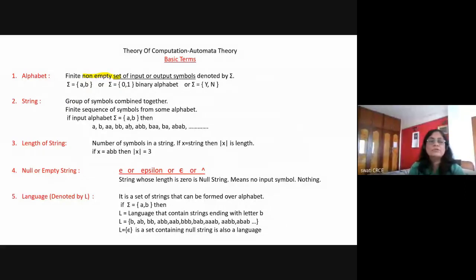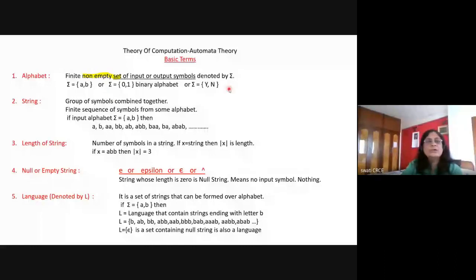Okay. So before starting with the topic of proper DFA, we should have some kind of background or some basic terms which we should know. First we will see the meaning of all these terms, and all these terms I'm going to use again and again. So it is very important for you to remember these terms. Okay, so the prerequisite for this subject is discrete structure or discrete mathematics, and some background of set theory or strings is required, but it is not that difficult. You just remember the important terms, and then you will be able to grasp.